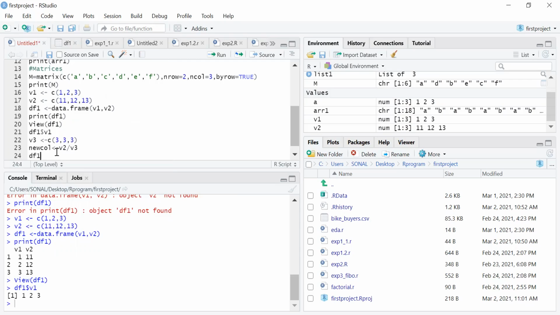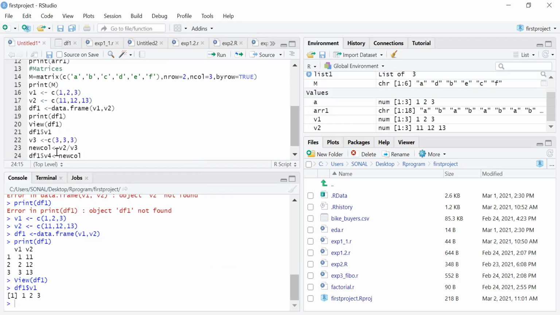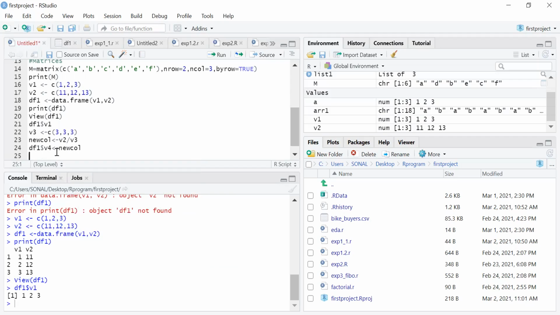So make it df1 dollar sign, let's make it v4. What will be the value here? That will be given by my new column which was just created. So this is how I am inserting it. Now if I say View(df1), I should get three columns.